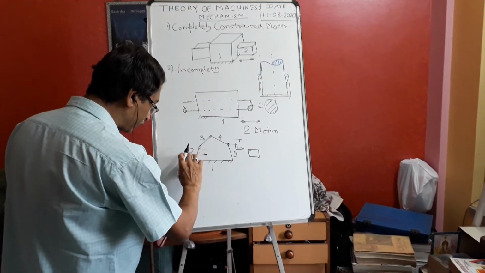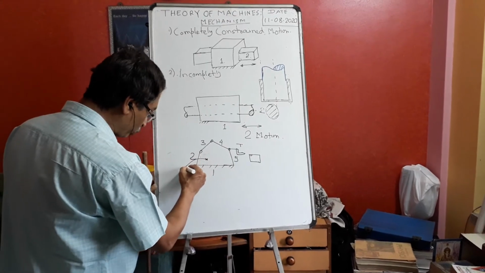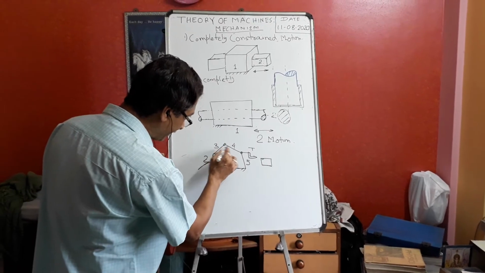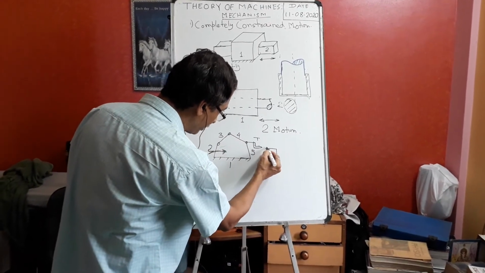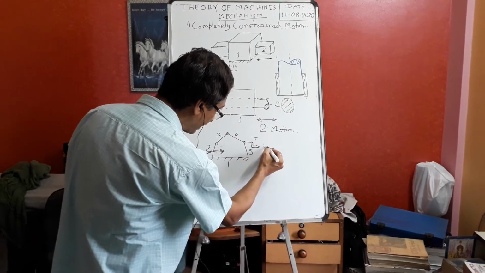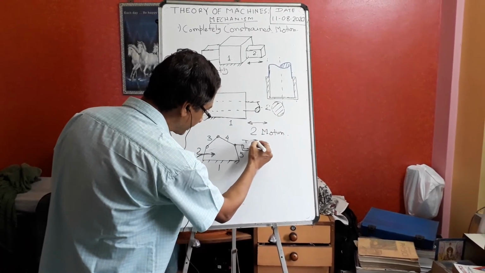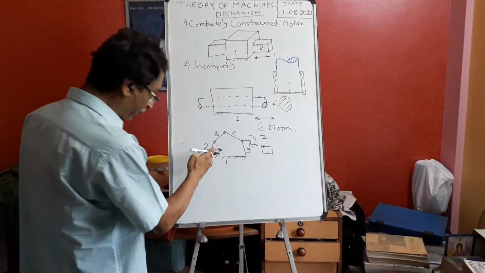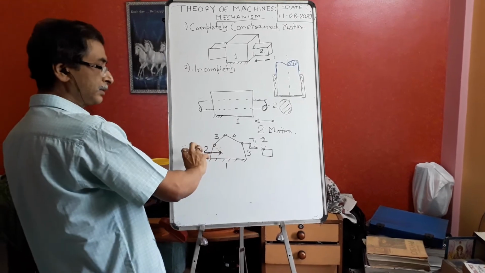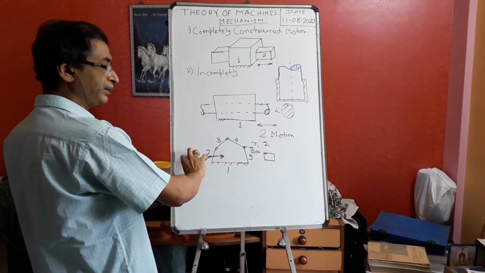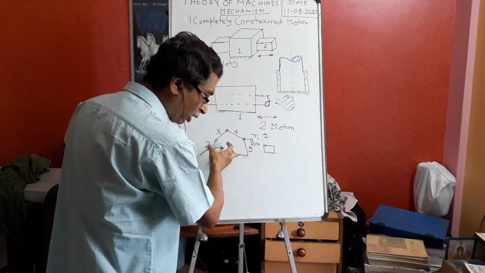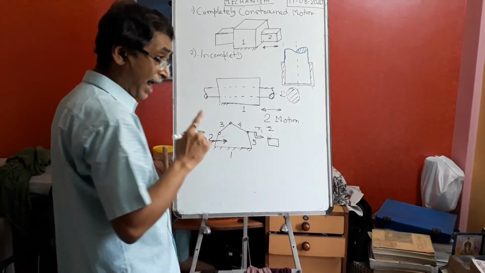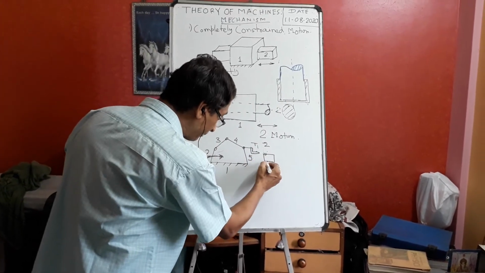Suppose I give the command to link number 2. So I gave the command to link number 2. I rotate it. Then the other links will also advance. This will also advance, this will also advance, and it will cut. So the tool will come from one position to two position and start cutting. Then what did I do again? Then I go back. Then I again go back to the original position. Again I give the cutting command. So at that time the tool has to go again to the same cutting position.